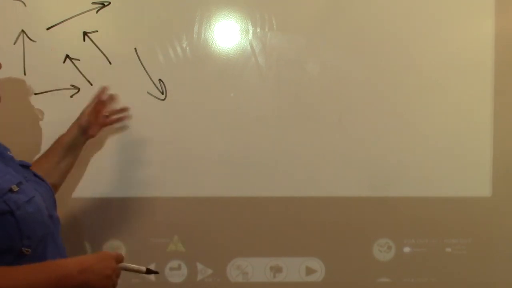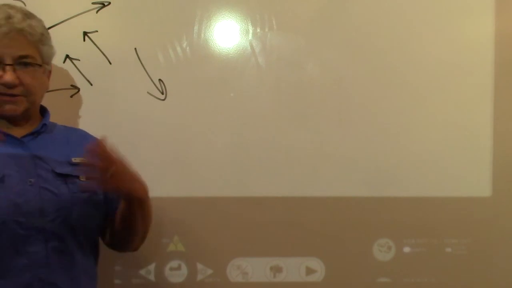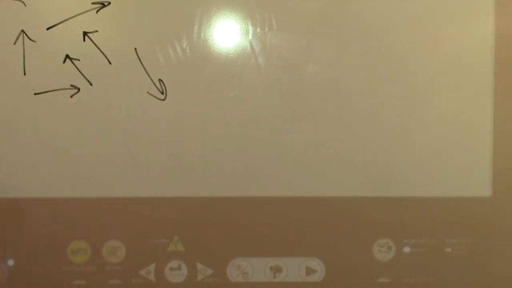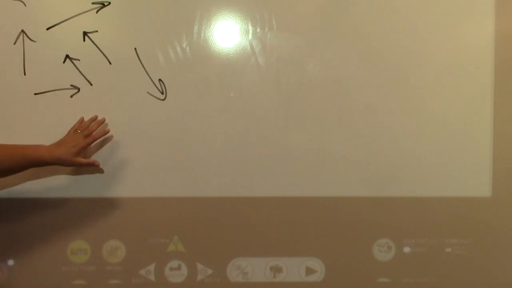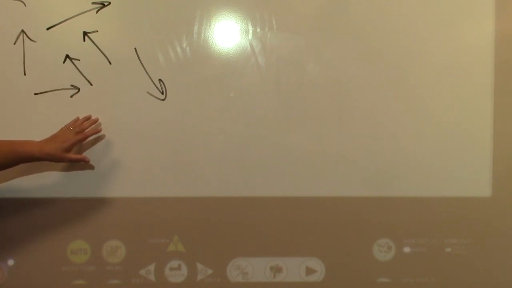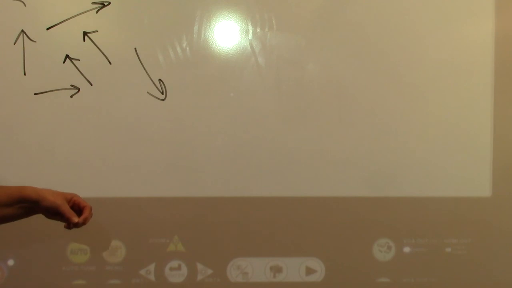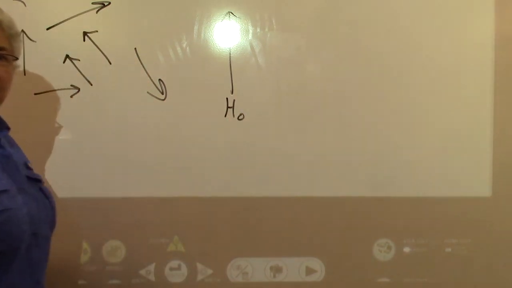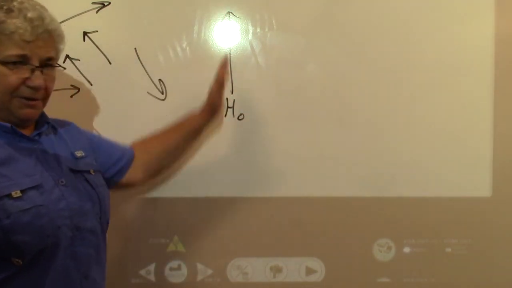They're going in all kinds of crazy directions, because that's what happens in a random sample. But as soon as you take this sample and put it into a magnet,